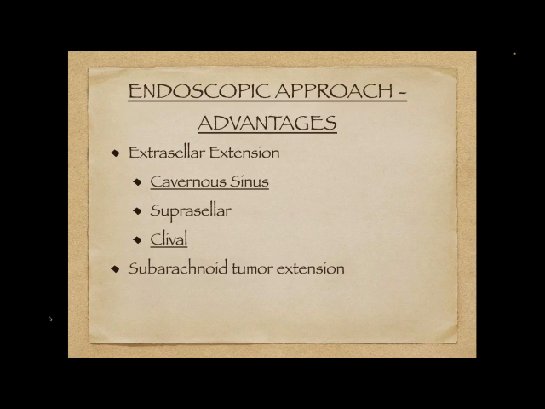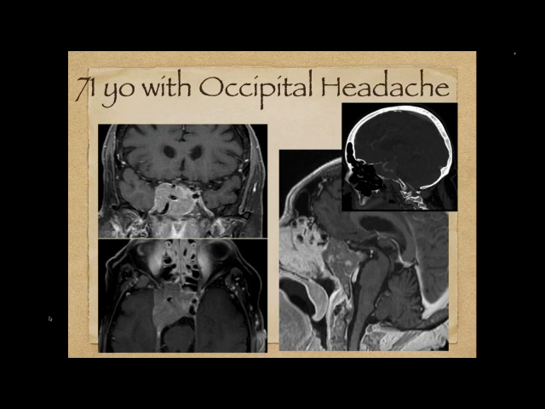So these really are the advantages of the endoscopic approach. They allow us to have access to areas we simply wouldn't have access to before. And these are all the areas that extend beyond and around the sella. It's very natural for these tumors to grow into these various areas, and we as surgeons need to learn how to safely remove them. And we teach courses on this to make sure that patients stay safe.